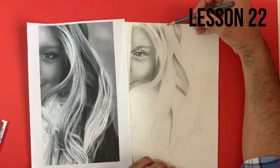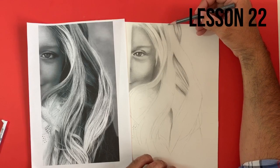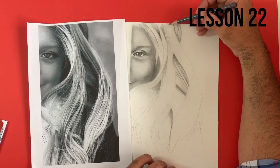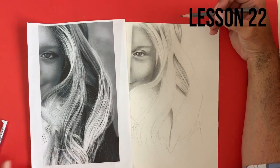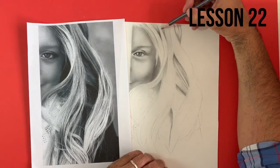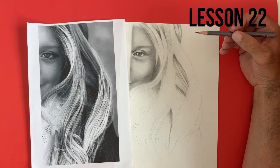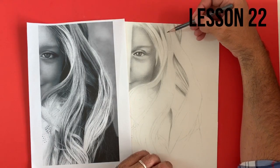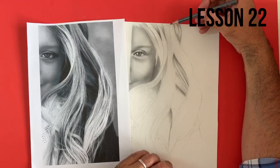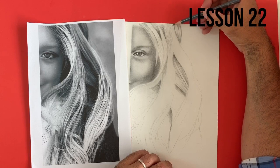One of the beautiful things about this tapered stroke that we've been working on, and if you haven't understood the tapered stroke or even watched the lessons that talk about it, go and have a look at lessons 1, 2, 3, 4, I think 1 to 6. And we really go into some depth about this tapered stroke and how we're laying down these lines to represent hairs in this case. And what a tapered stroke is, I'm pulling the pencil towards me,